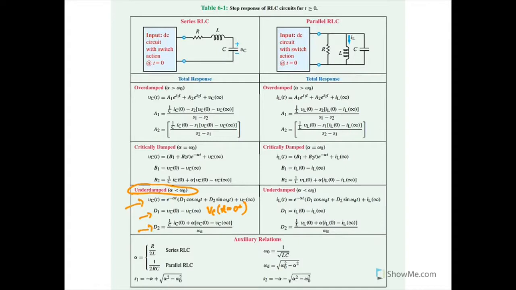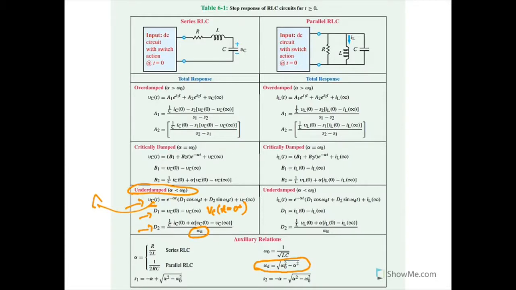We also need to know this D2 parameter, which is a long expression involving the initial currents across the capacitor and the voltages across the capacitor. And because our solution is underdamped, there's a special omega term that goes into all this calculation. And this omega term is the damped frequency, because the circuit sort of oscillates itself but not at its natural frequency. And that is the original resonant frequency squared minus the dampening coefficient squared, and then the square root of all of that loveliness. So if you were going to finalize out this expression, you would need to take V of C and calculate all these parameters and plug them all in,